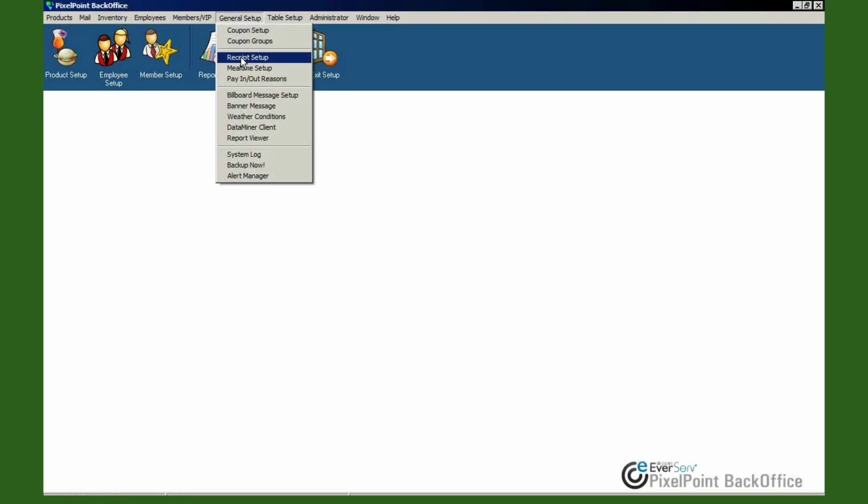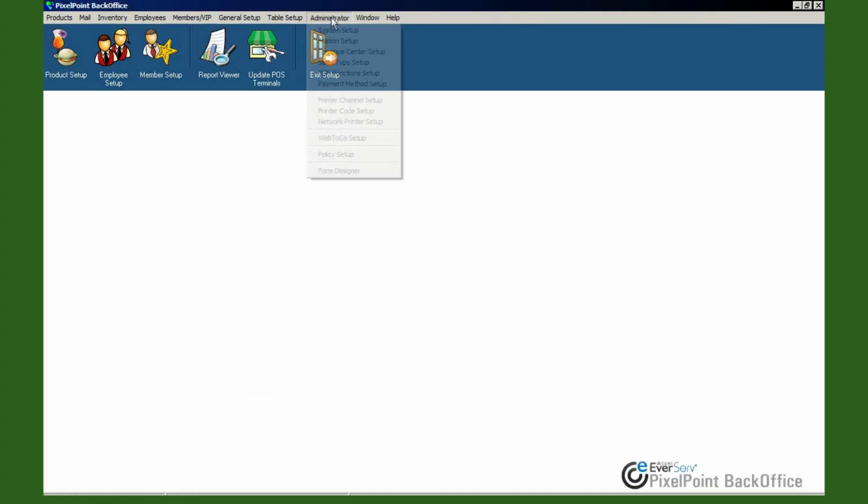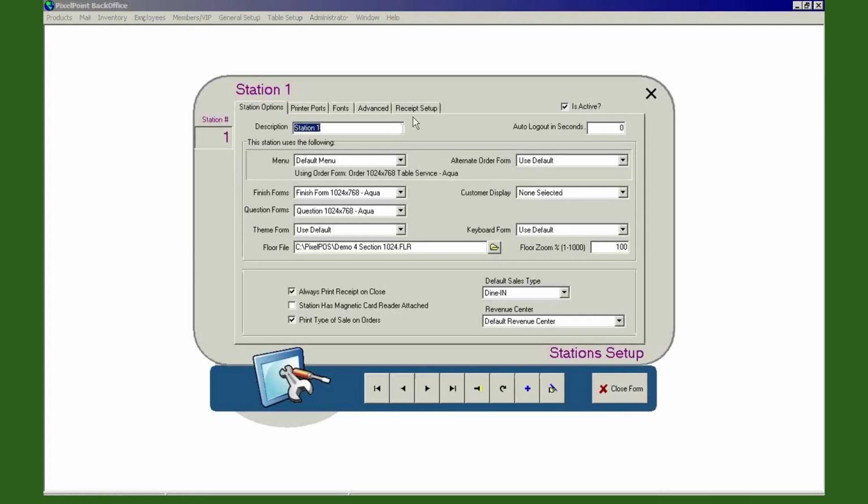The next thing we have down here is receipt setup. Now, there's two areas where you can create your receipt headers and footers in the system. The first one, and the most logical one, is this section right here under General Setup, because whatever you set within here will apply to all stations on the system. However, you can override this programming on a per station basis by going into Station Setup, because the last tab